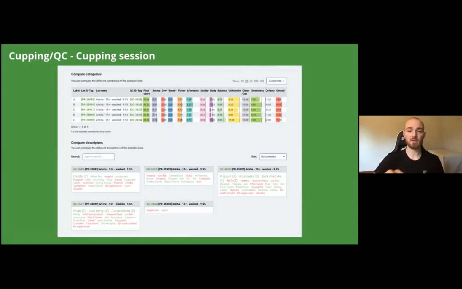Cool. And then if we scroll down even farther on that, then what we can look at is the descriptors that were used, and then all the different categories that were given and the scores per category. So if you're looking, maybe you're making a blend, for example, and you're looking